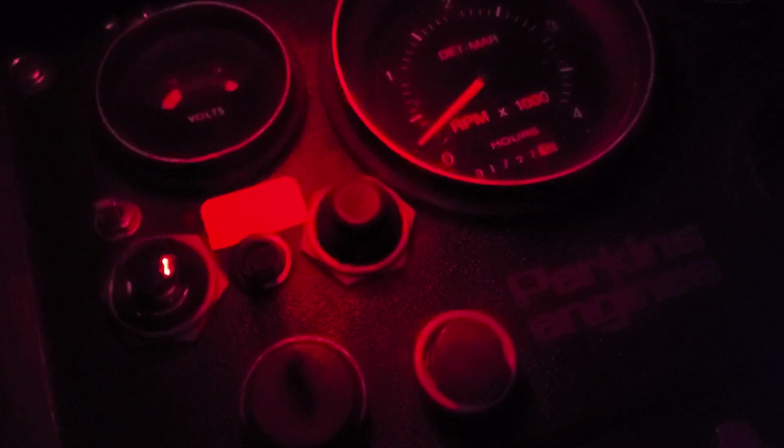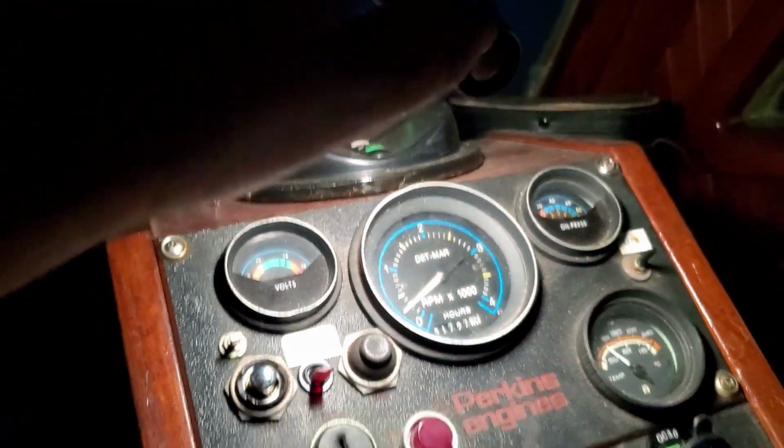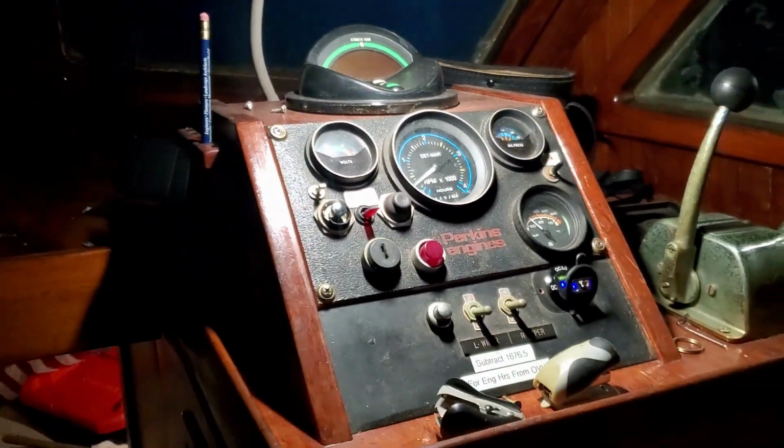It takes a second for your eyes to get used to it, to get to see the gauges. You can see them. I'm looking at my phone and you can see them fine. And you can move this around if you need to see any individual gauge, or back it up a little bit. So it's pretty good. And then let's see, find the end. Okay, that's full bright. And this piece turns